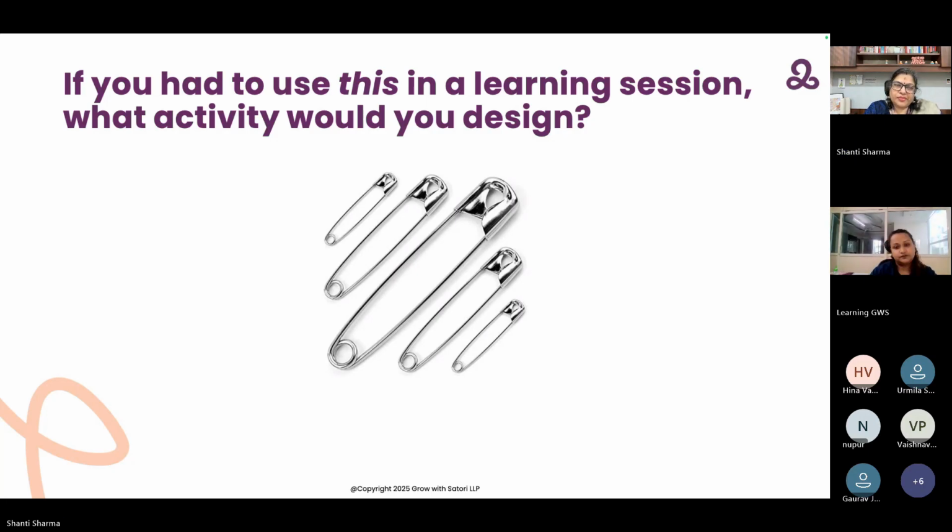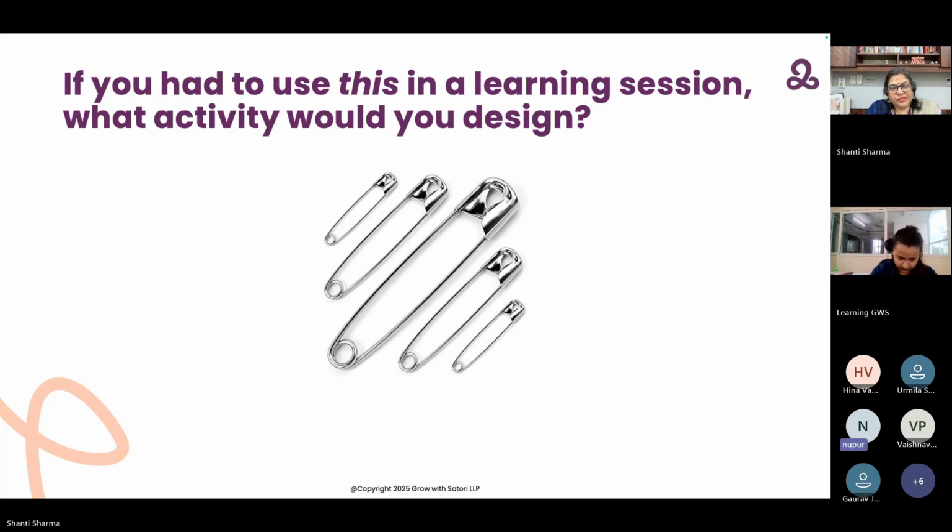Yes, Nopur. Again, no points for being sensible, right? Whatever comes to mind, it can be the craziest idea, so don't worry about being too obvious. I think it was too obvious an answer. But when you are working on team building games, then maybe if you have time to see which team can build the longest chain, it could possibly be it. Wonderful.